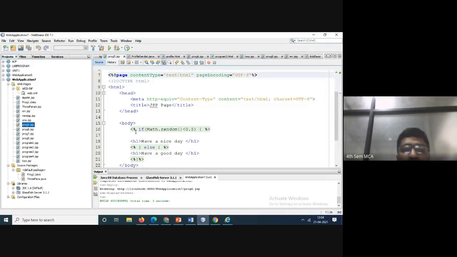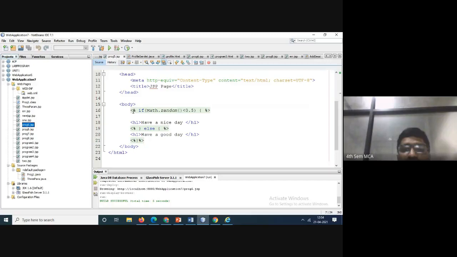So this is the way of writing the if conditions. See here, starting the if condition and closing this if. What you want to display goes within the brackets. Next is else. Else is nothing but the if condition closed and else opened with a bracket. This is the JSP way of writing code. Every line wherever you are writing JSP code, you need to write percentage, less than symbol, greater than symbol, and end the remaining code with percentage, less than, greater than symbol.